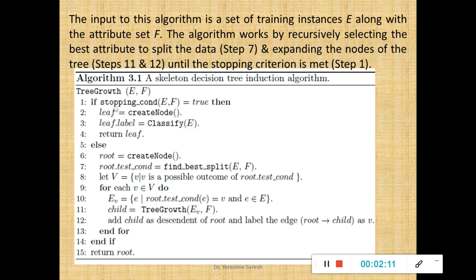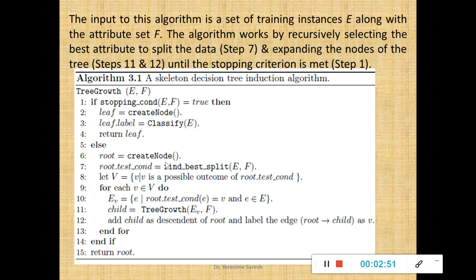So we'll continue. If the stopping criteria is not met, what is that stopping criteria? We'll see at the last. If it is not met, then the first thing is I am supposed to create a node. A create node function will be called by default, and that will be itself your leaf node. Why? Because of my assumption with respect to the very first step of your Hunt's algorithm, if all the instances have the same class label, then that itself will become the leaf node. Else I am supposed to classify the set of input instances and label them as leaf labels, and I'll return the leaf node if it is having the same class label.